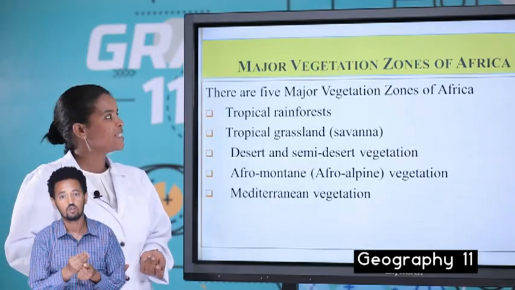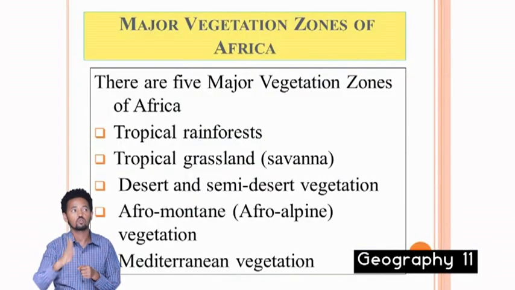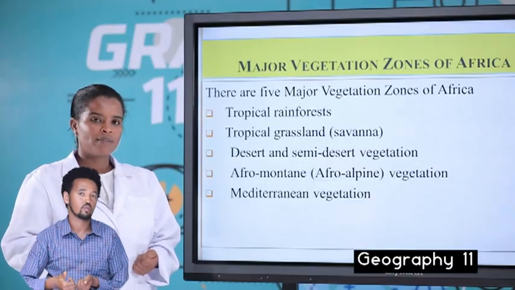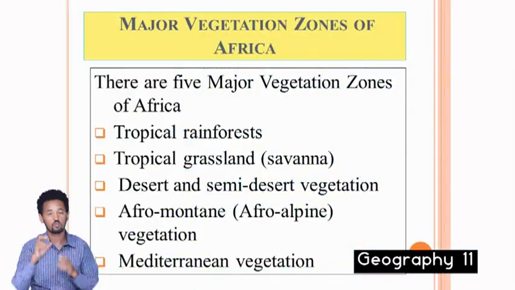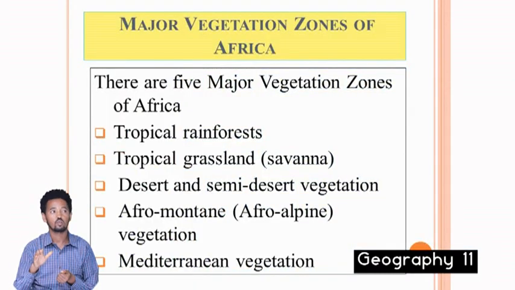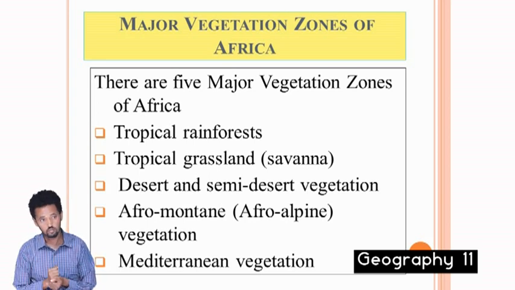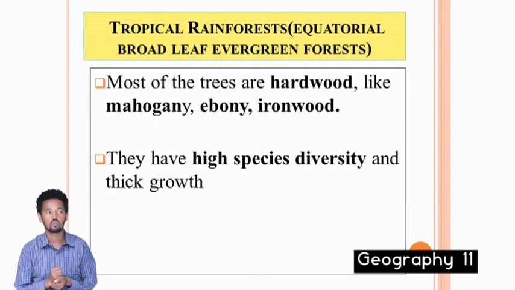Let us move to the major vegetation zones of Africa. There are 5 major vegetation types of Africa. These are the tropical rainforest, the tropical grassland or savanna, desert and semi-desert vegetation, Afro-mountain or Afro-Alpine vegetation, and the Mediterranean vegetation. Let us see the tropical rainforest